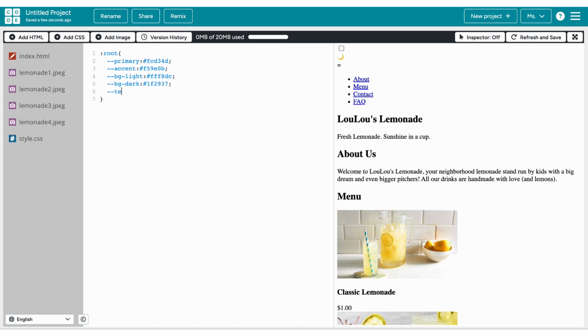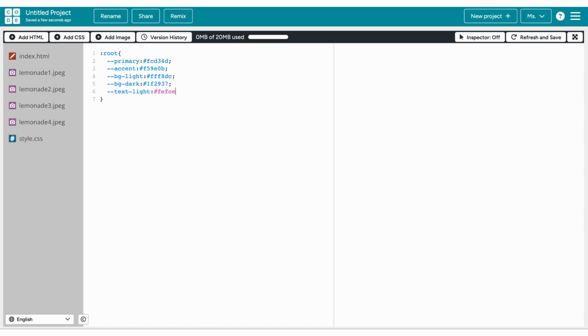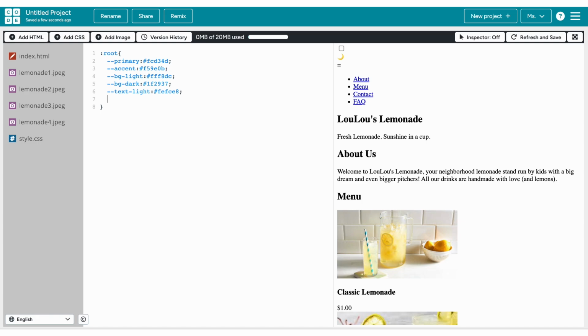Then let's do the light text, so --text-light: #FEFCE8; and then --text-dark: #F, oops, I did the wrong one. So this is the dark one, and then the light will be